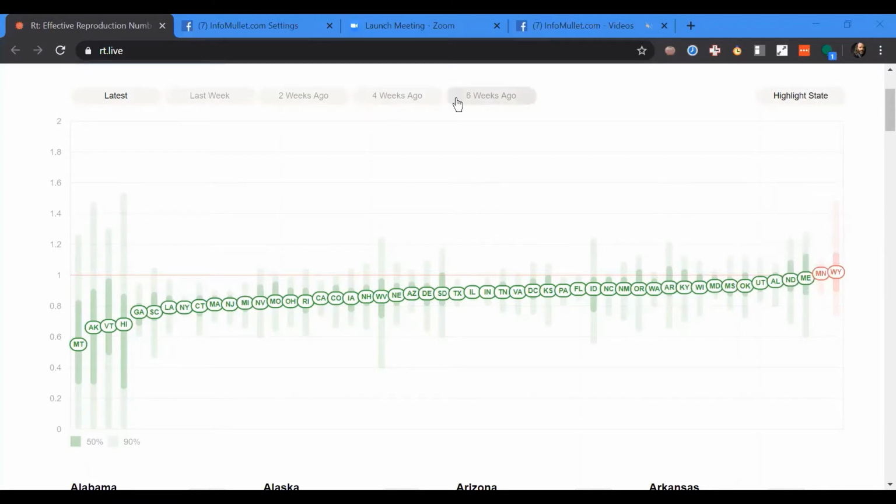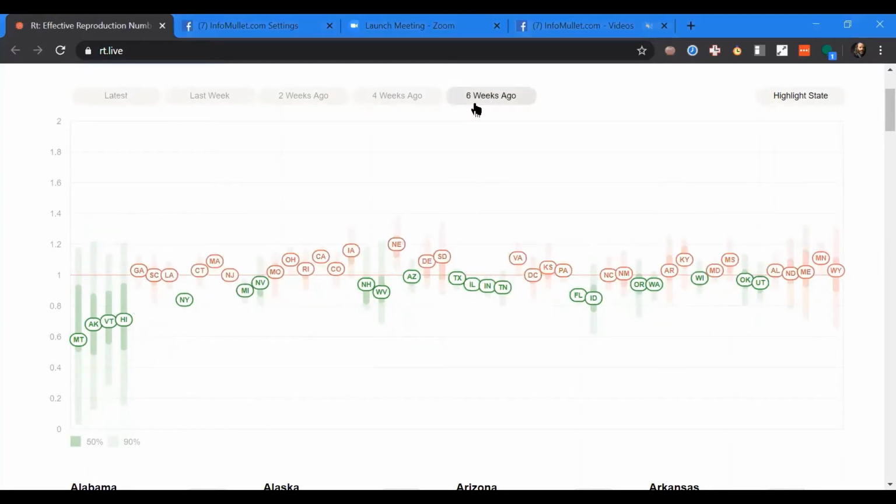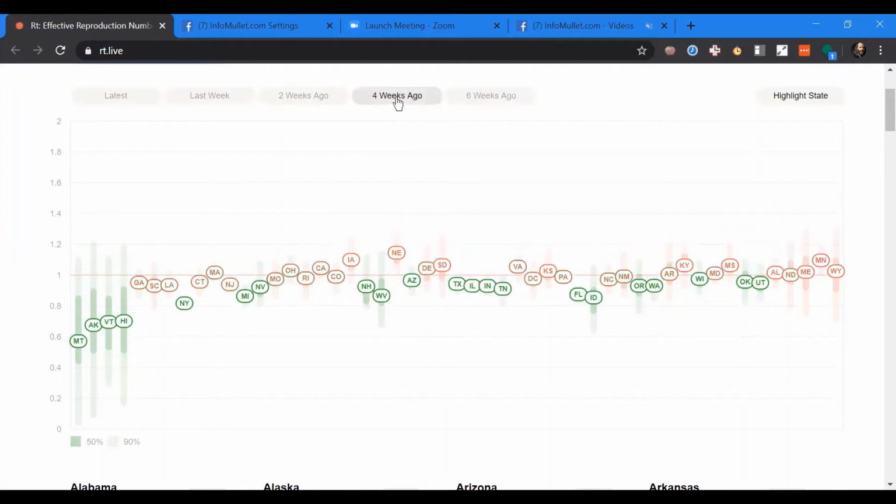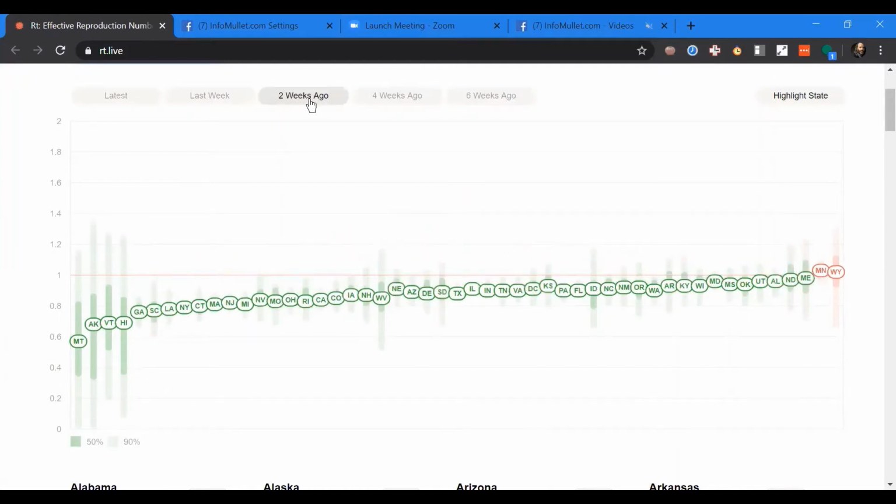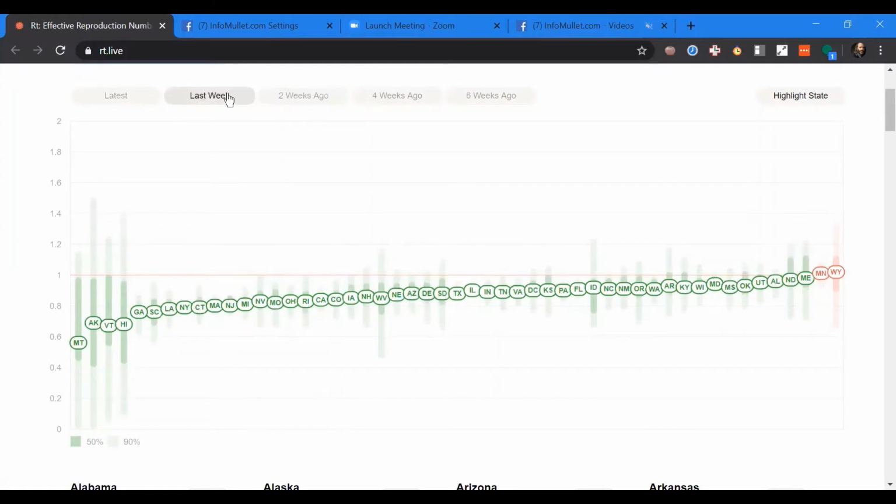It also has some neat things where you can look at six weeks ago. Six weeks ago, a lot of states, if you're above R of 1 in red, that's an outbreak. You're going to be expanding, and the higher you are above that number, the faster the outbreak is going to spread. So six weeks ago, four weeks ago, two weeks ago, this is when the lockdowns were all in place, and Georgia was the first to reopen last week. Now, it's only using the data that we have available, so there are all the questions about testing and confidence and things like that.